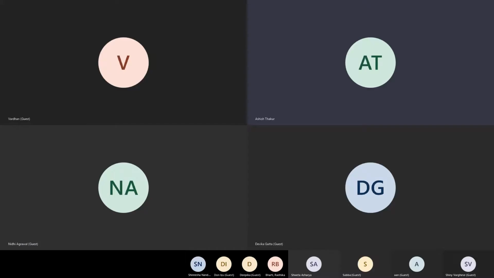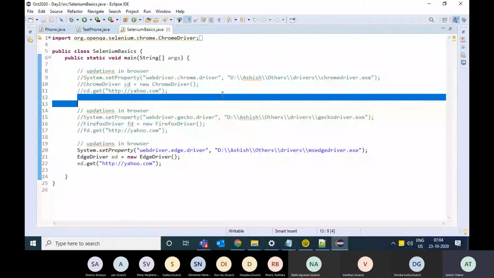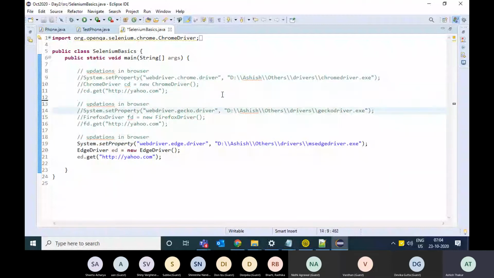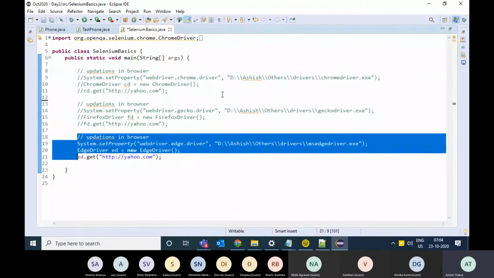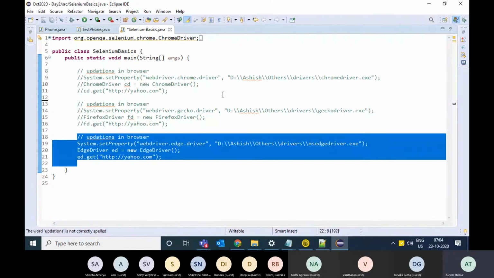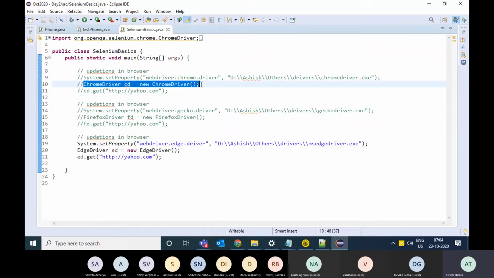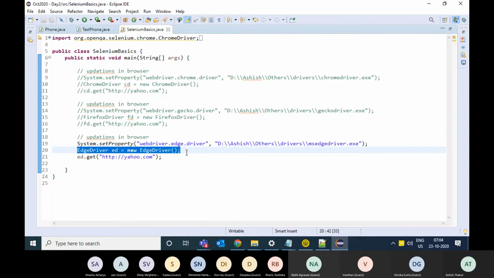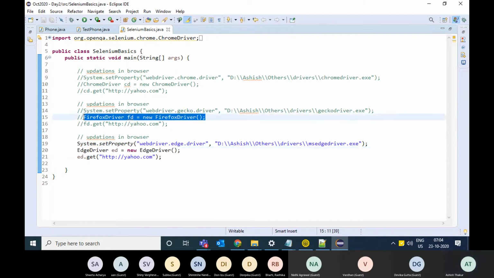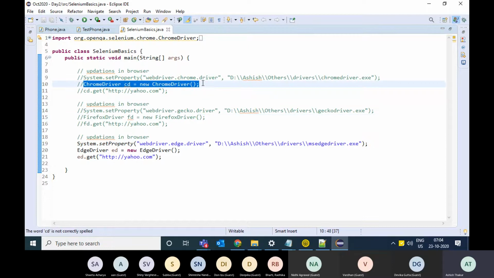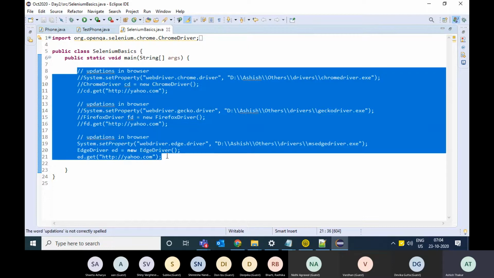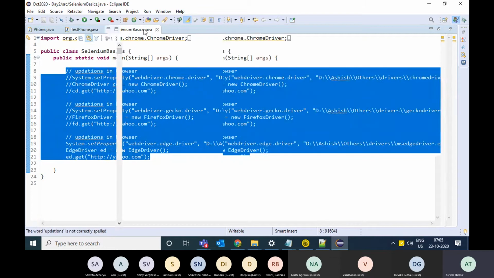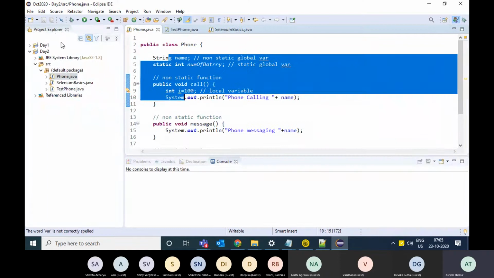All right. So we saw different drivers over here. What is Chrome driver, Firefox driver, and Edge driver? Now, since each driver is different, we have instantiated each driver separately over here. Now the thing is, what if we have to write a single script which can work either on Firefox or on Chrome, or on Edge?